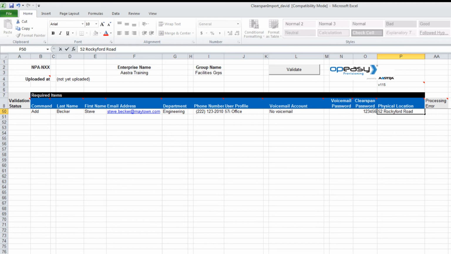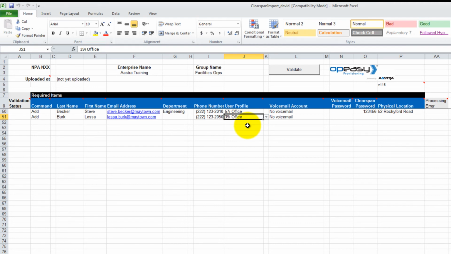On the next line in the worksheet, we will input the command add, last name Burke, first name Lisa, email address lisa.burke@maytown.com, the phone number 222-123-3050, the user profile 39i office, voicemail account,